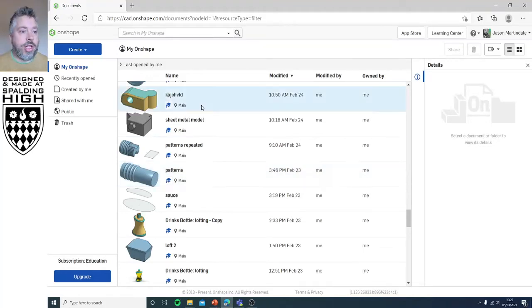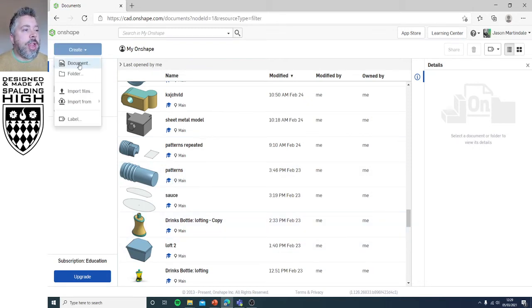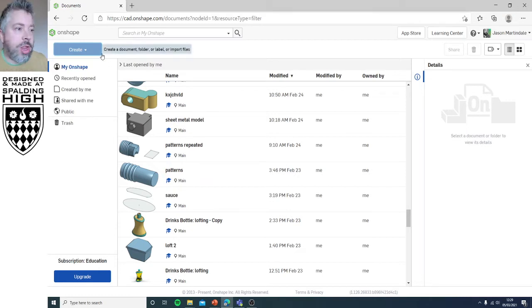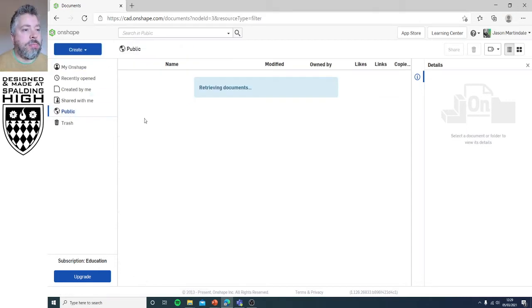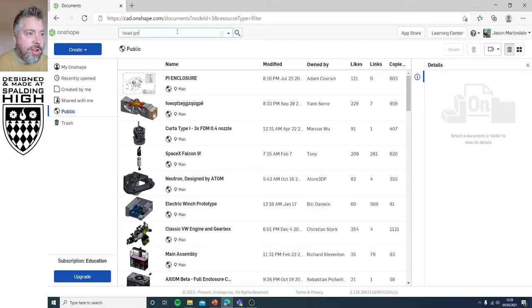So when you come into Onshape, you're probably not going to have anything down here because you haven't created anything yet. We might normally click on create document, but instead I want you to click on public here. This will list all of the designs that people in the general public have ever created. I've created one for you called head for